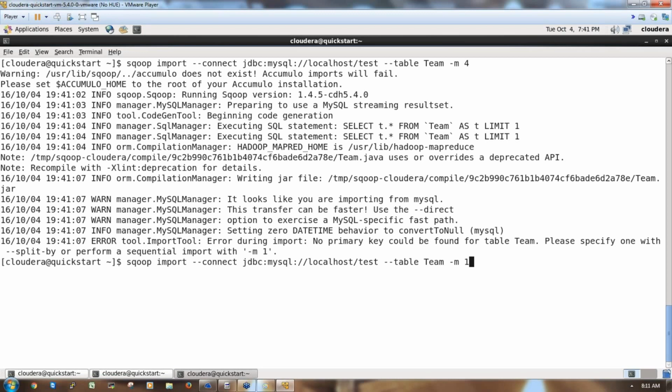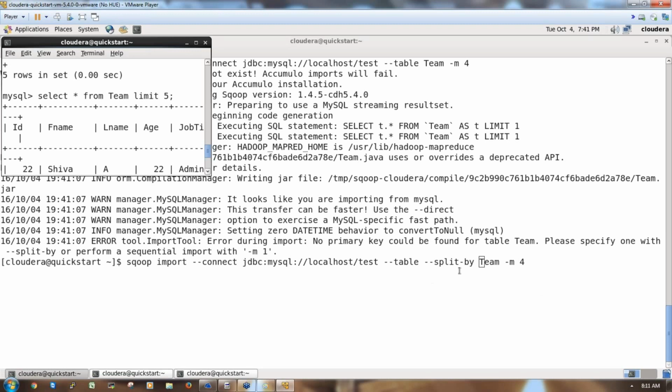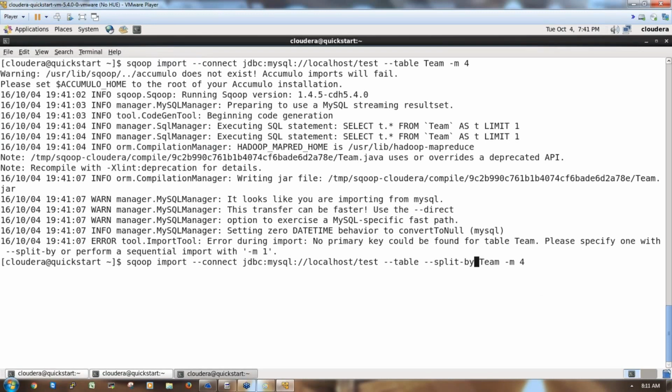But what I want to do now is use multiple mappers for a table which does not have a primary key. Then we have to use split-by. So just write the parameter --split-by. How do I want to split? I want to split the data using the column id, so write split-by space id. When you write the column name, that is how you want to split the data, then use multiple mappers.